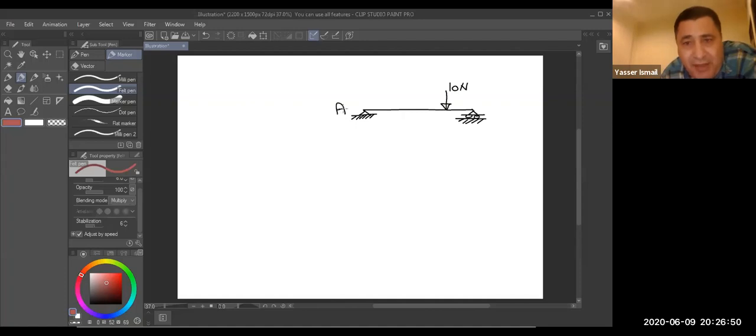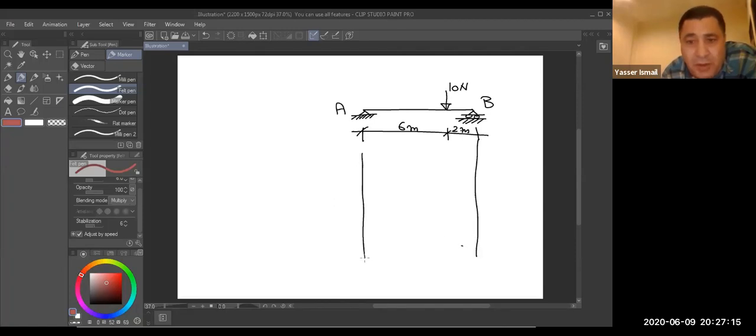But this is A and this is B. Six meter and 2 meters. I told you now, give me all the internal load and draw the diagrams for the internal load. Internal load, when I'm telling about internal load,